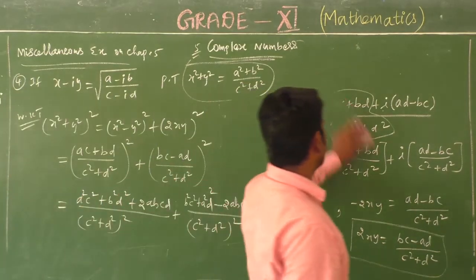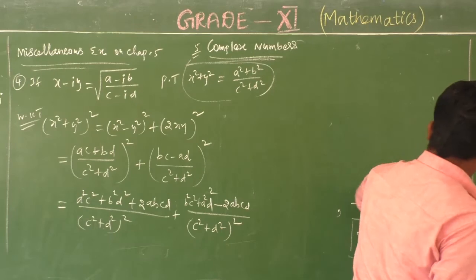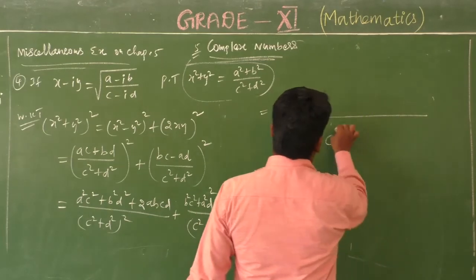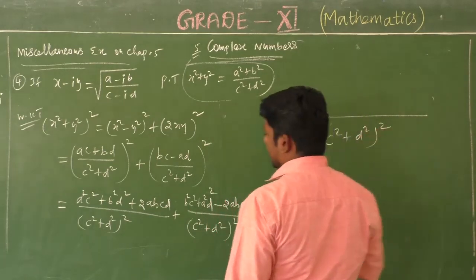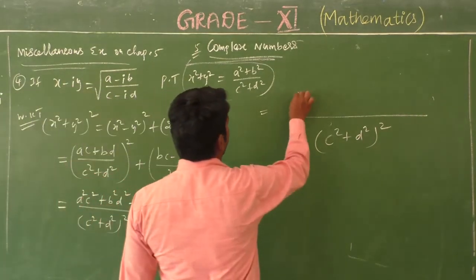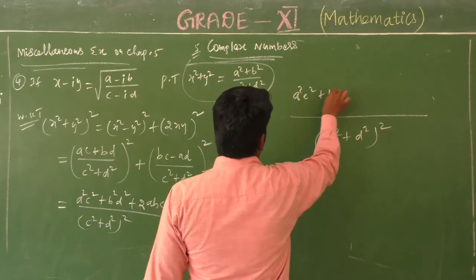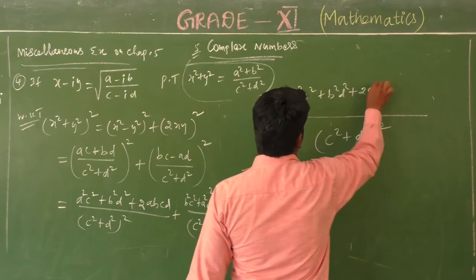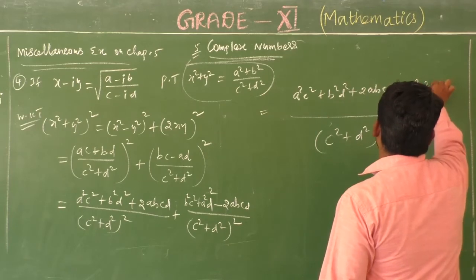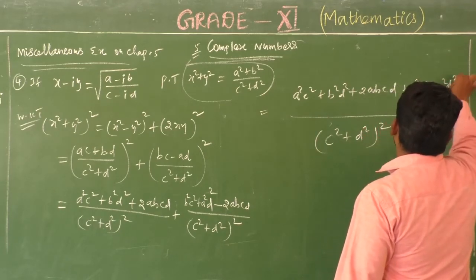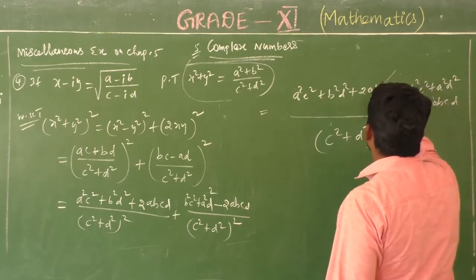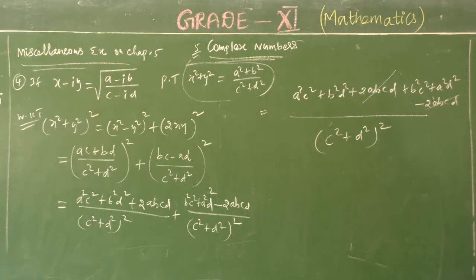Denominator is same, so (c square plus d square) the whole square. Take LCM. So remaining a square c square plus b square d square plus 2ABCD plus b square c square plus a square d square minus 2ABCD. Here plus 2ABCD and minus 2ABCD cancel. Okay, remaining